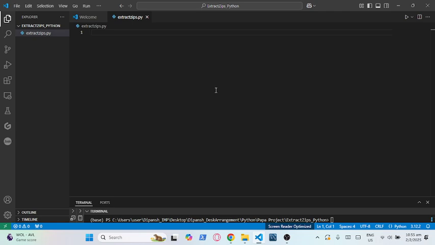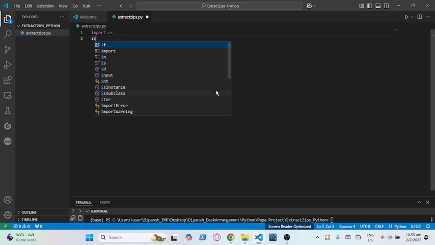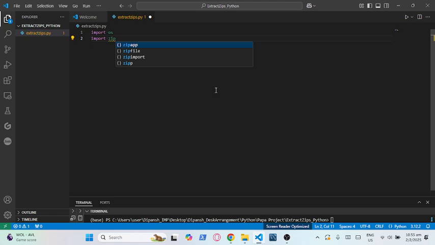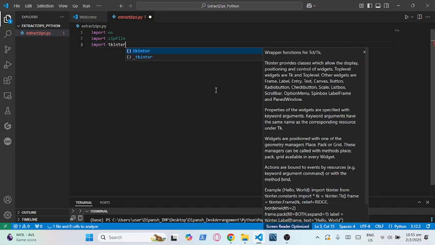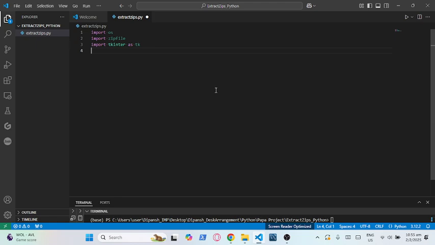Obviously for this we are just going to need to import os. Then after that we want to import zipfile. After zipfile we want to import tkinter, as everyone calls it, tk. And after that, from tkinter we want to import filedialog. Okay, now that we've got this ready,